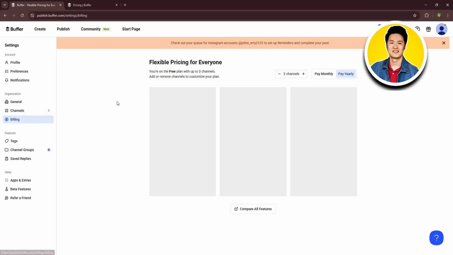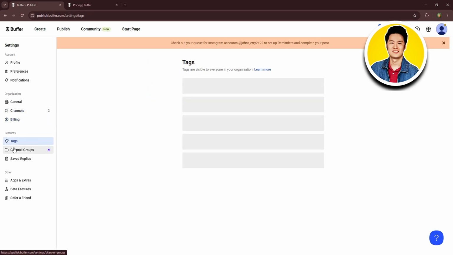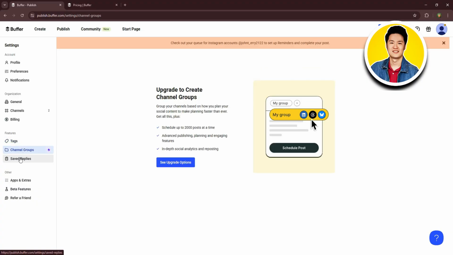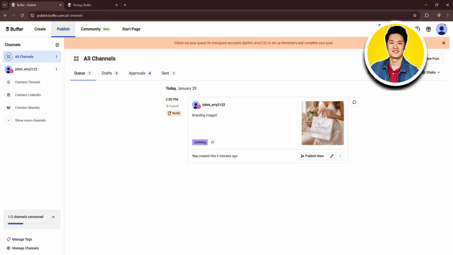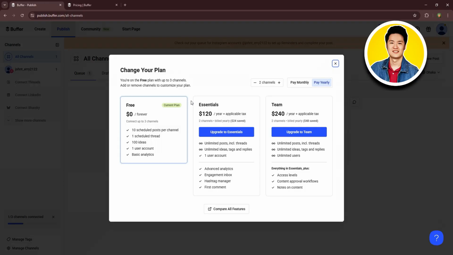Then moving on, we have Billing on the left panel. Then there's Tags, Channel Groups, and Saved Replies. These are some useful tools that will come in handy once you start automating your scheduling and posting. So now, going back to the home page, if you click on the profile icon on the top right, this is where you'll get to see all the options for settings, channels, and the option to invite your team. But to use this, you will need to